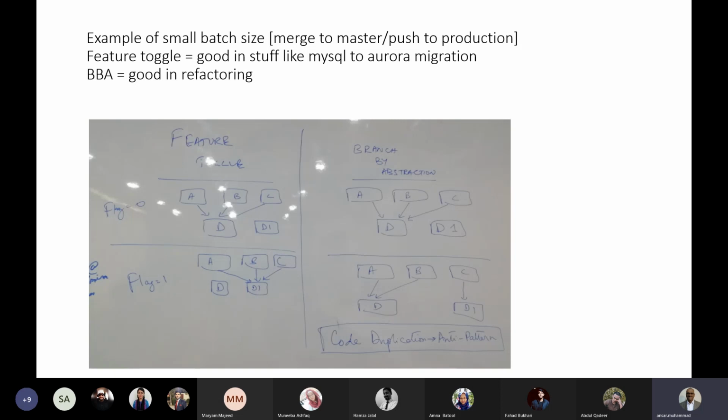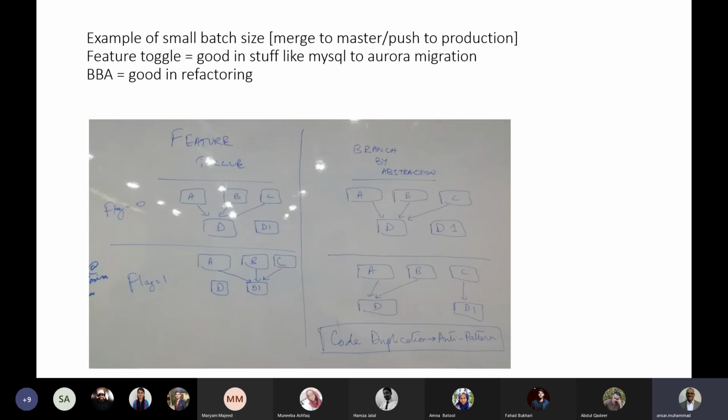Or the other way around, it's fully ready, it's completely tested, but still the business wants you to go live on a certain date, but your release cycle is saying that you have to push to production today. So in both those cases, you use feature toggles, and in this example, on the left,